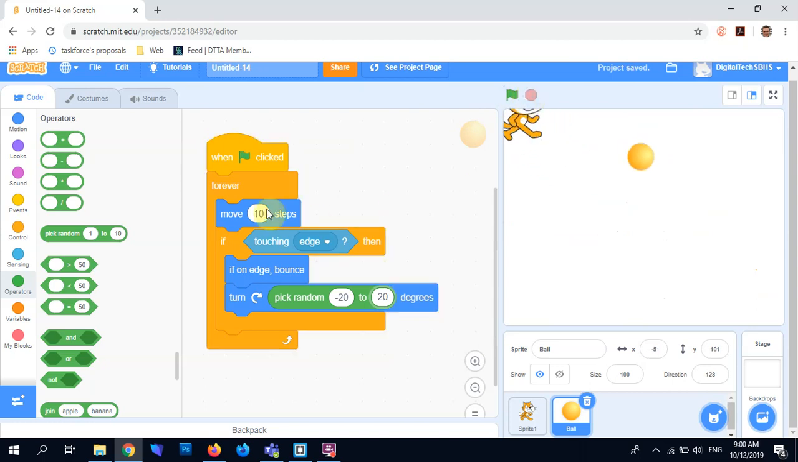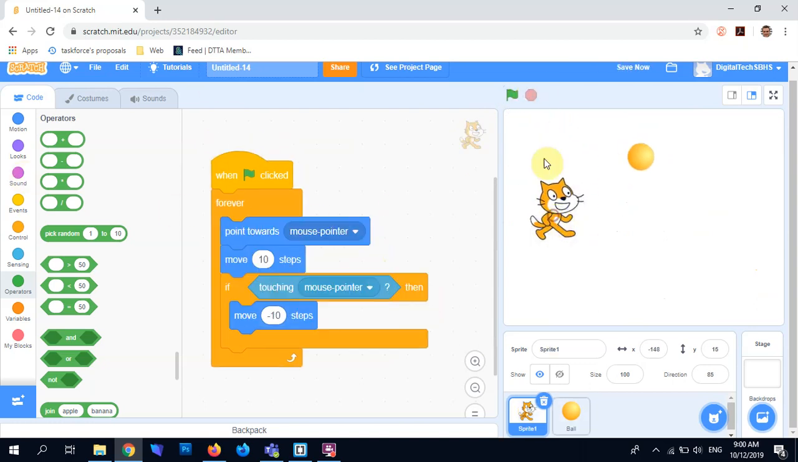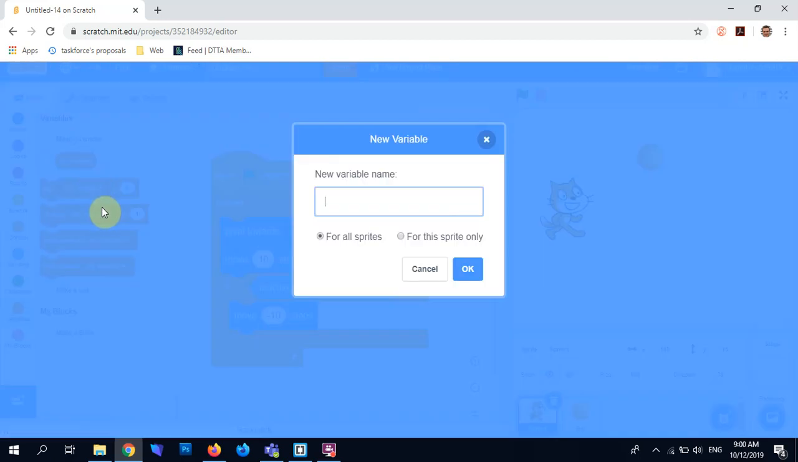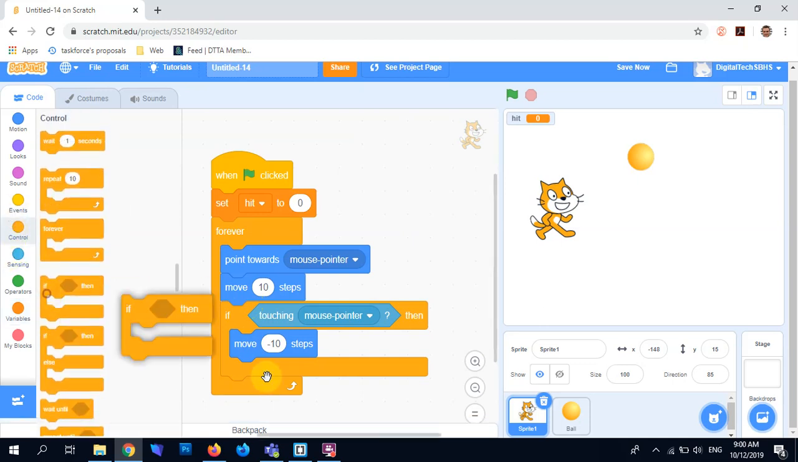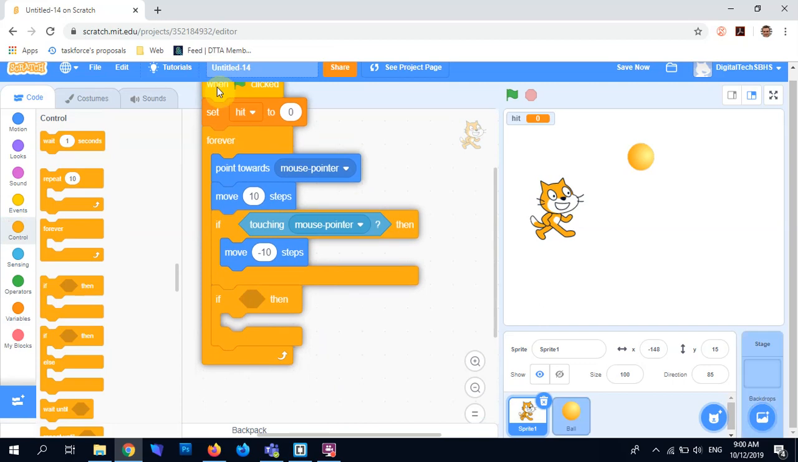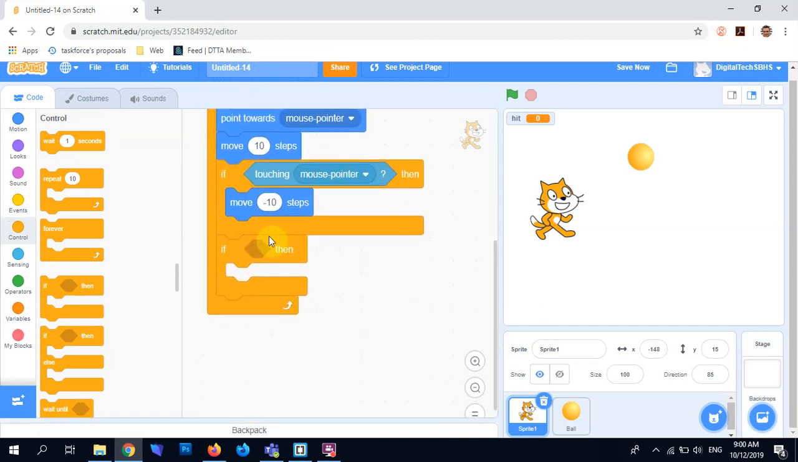Right. And then what I want to do is basically see how long I can avoid being touched by this ball. So we'll give it a touch count and say if I get touched 5 times then it's game over. So in the variables I'm going to make a thing called hit. We'll always start it off at 0, so set hit to 0, and then I'll say here, if touching, let's push you up a bit, scroll down. Okay, if touching the cat, aka sprite 1,